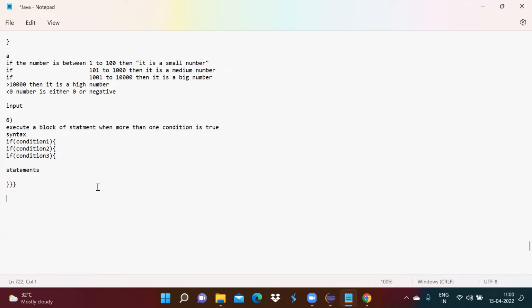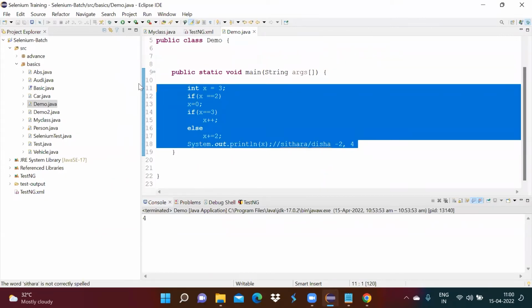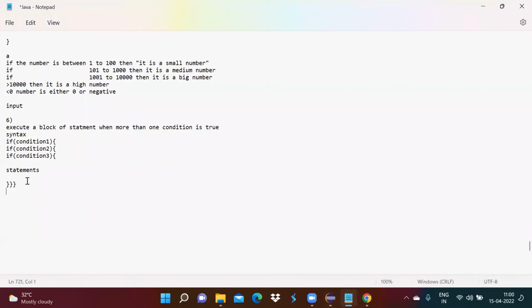So let me take an example for this. Let's say I have int a equal to 100, b equal to 90, c equal to 80, and d equal to 70. Now I need to check which number is bigger among the four, right? So using the syntax we just looked into, we can write like